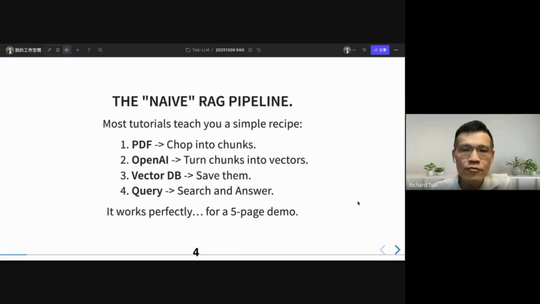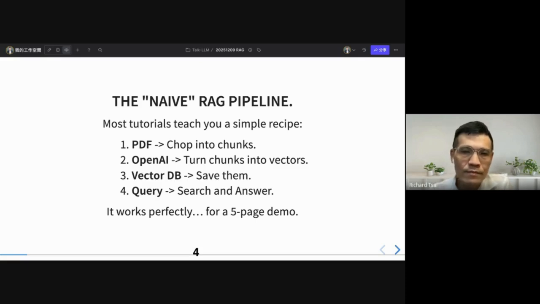So let's take a look at the naive RAG pipeline, which you know very well. Most tutorials teach you a simple recipe. You chop the PDF into chunks, use some API or embedding module to turn the chunks into vectors, and save the chunks and their corresponding vectors.